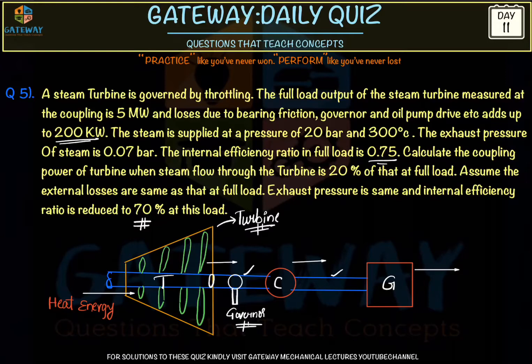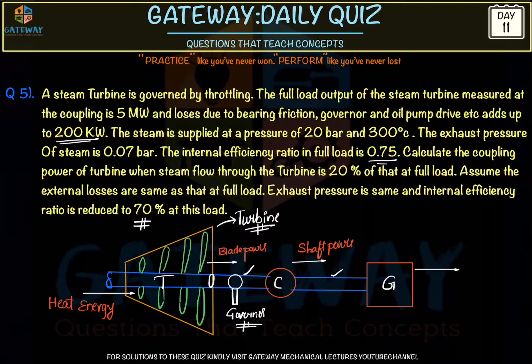High temperature steam will be given at high pressure, and once the steam enters the turbine, it expands. Since the volume is increased, it expands and comes out, and it generates power, that is the shaft power, or it can be called the blade power. Once it is transferred into the coupling and connected to the other shaft, due to some losses in the coupling, it comes out as the shaft power.